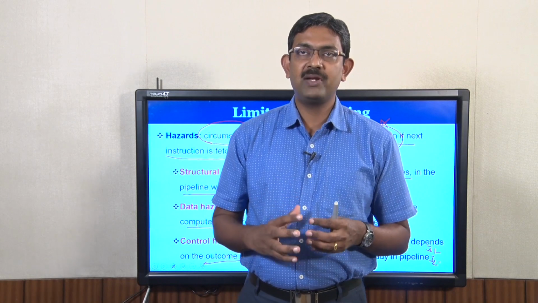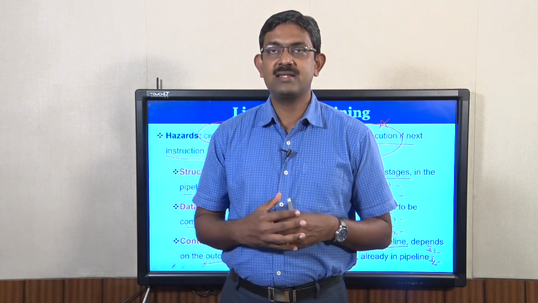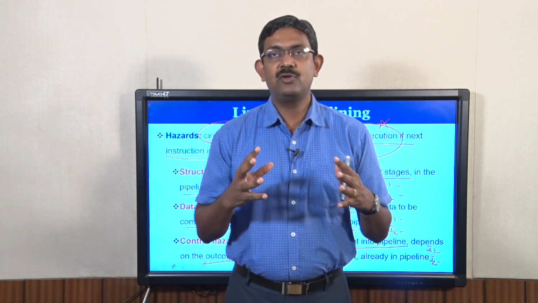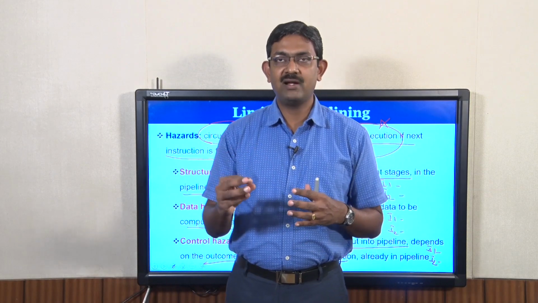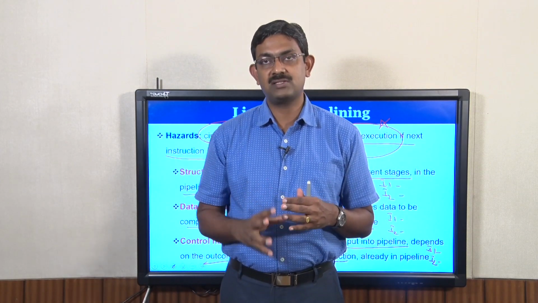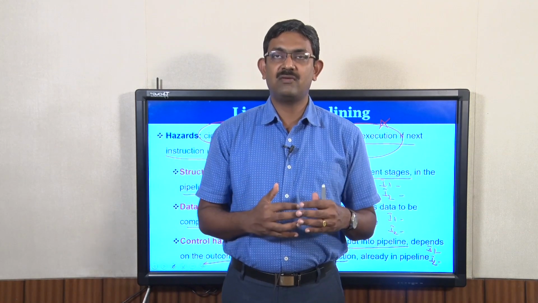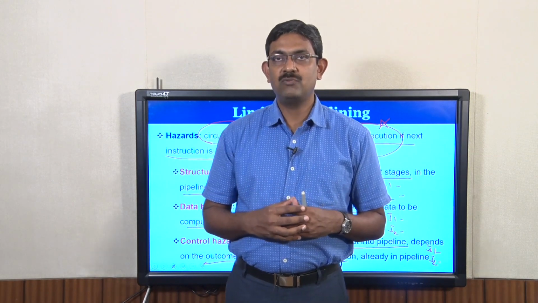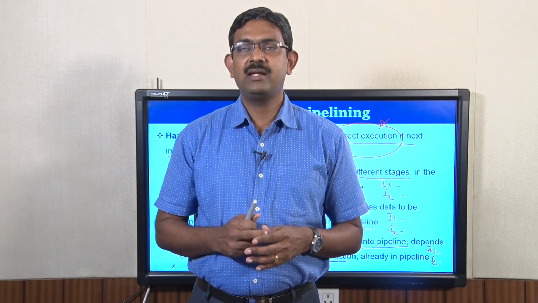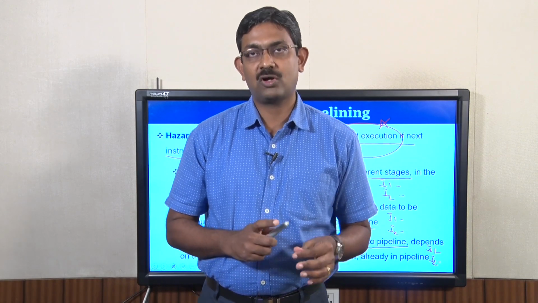Now, ideally a pipeline should have additional support facilities to detect whether there is a hazard or not. There should be a hazard detection circuit. The duty of the circuit is to find out whether bringing up the next instruction will cause an incorrect execution. If so, what is the kind of hazard, and what steps does the control unit have to take to make sure that an incorrect execution like a hazard does not occur?